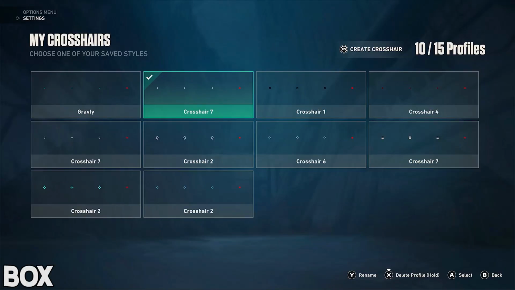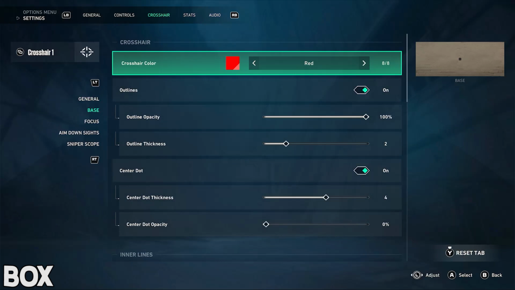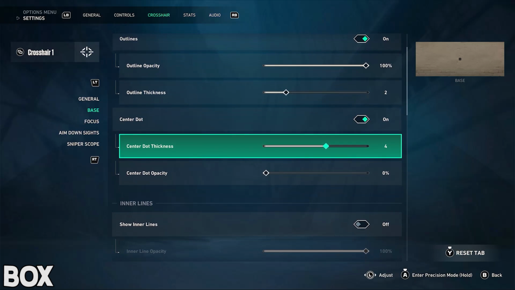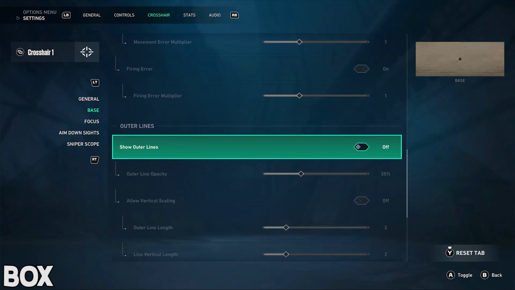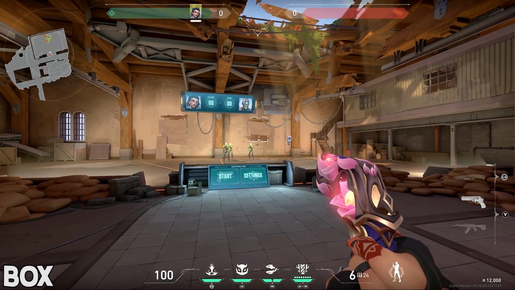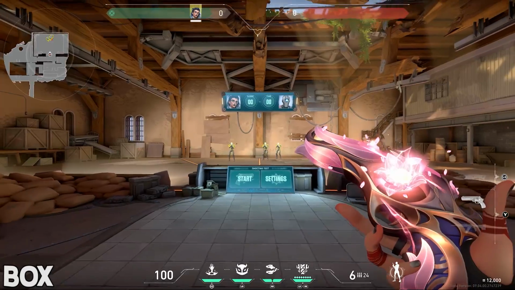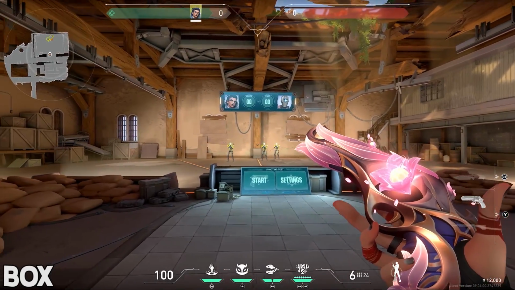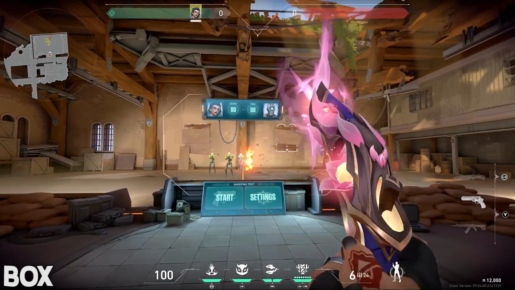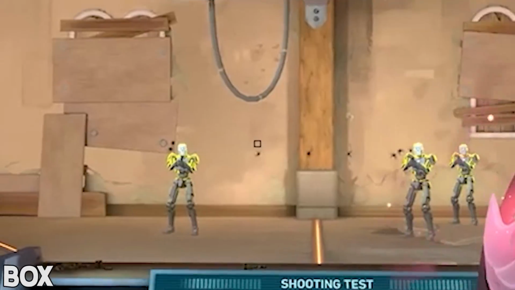Moving on to the next one though, this one's going to seem a little bit troll at first, but it is the black box. Here's how you make it right here. Very, very simple. You're just going to go with 2 outline thickness, 4 center dot thickness, 0 center dot opacity, and then you're going to turn everything else off, and then boom, you get this in game. Like I said, boys, I know it looks pretty troll at first, but once you actually start using it, you're going to wonder how you're landing so many shots with a literal box on your screen,